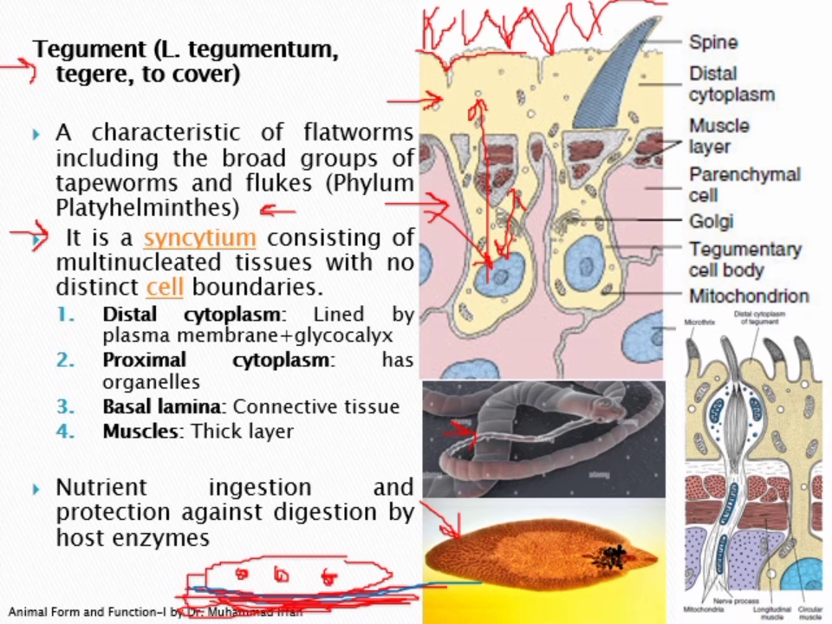This type of integument, the tegument in the form of a syncytium, helps these Platyhelminthes, flukes, and tapeworms to absorb nutrients, and it is also protective, because most of these flukes and tapeworms are parasites in other animals. So this integument helps them to avoid the